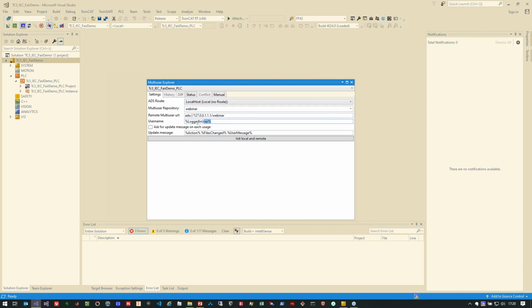Here you can see the placeholder for the username. You can provide another one. This is the setting which asks you for an update message. And here, as I already mentioned, you can define how your update message should look like. Now I say initial remote